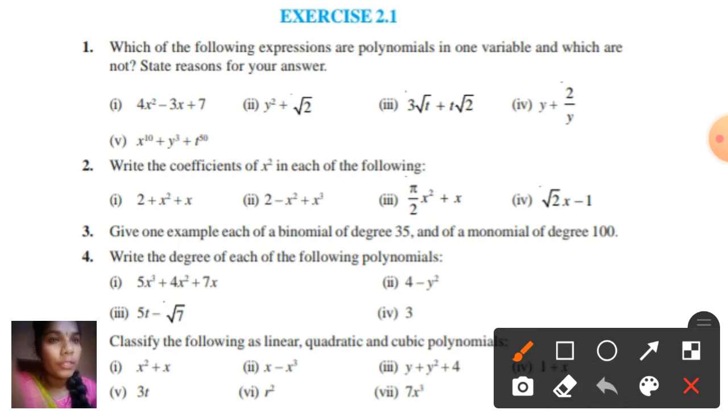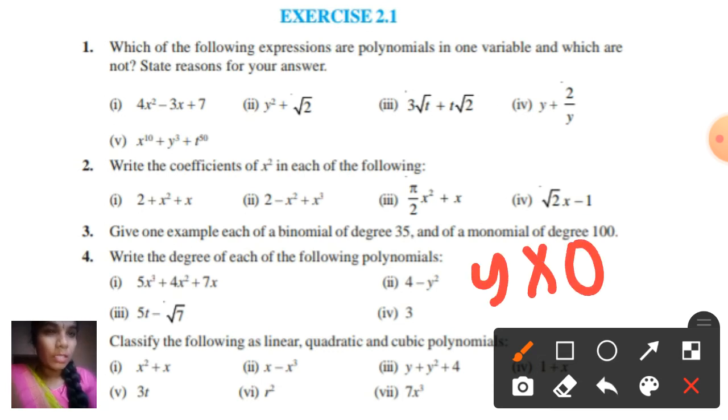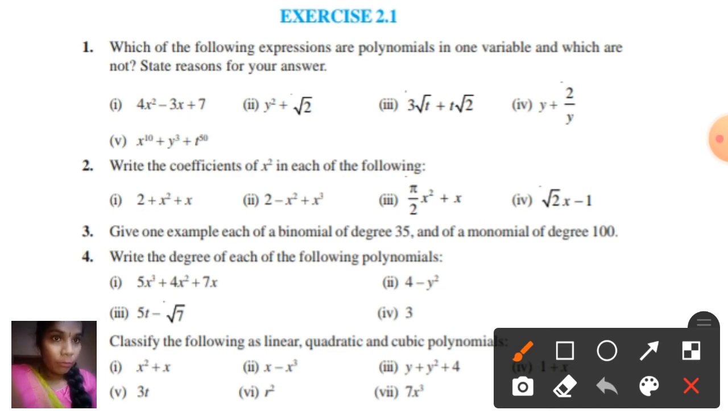Here students usually get confused. We are seeing two terms here. It comes under binomial. Of course, it is also a polynomial. And one more thing you should observe: you are seeing one variable with power 2. You don't have any other variable. The y became 0, multiplied with 0. That is why the term y becomes 0 here. I'll explain in detail when we solve further exercises.